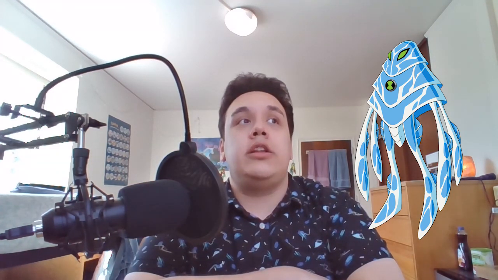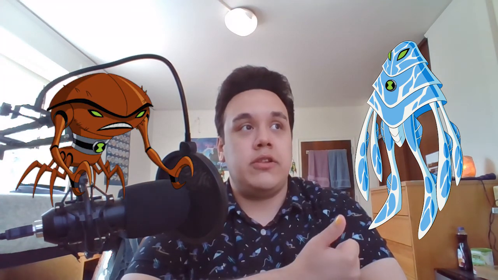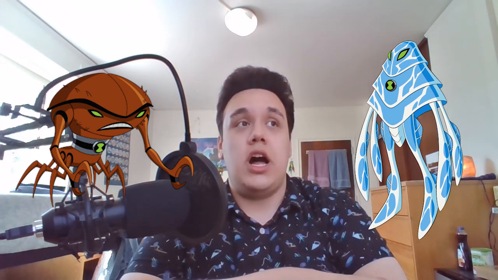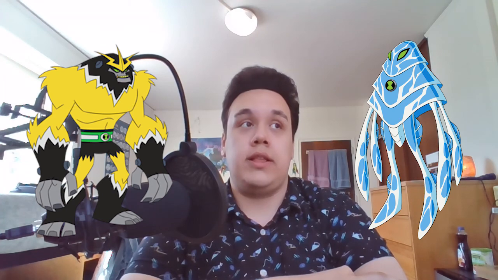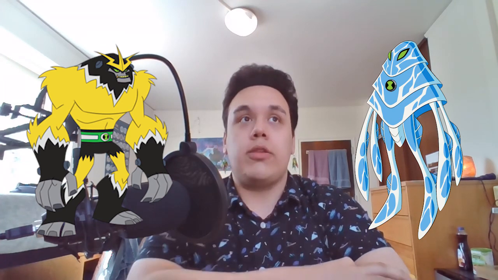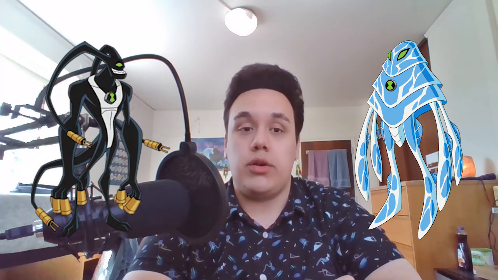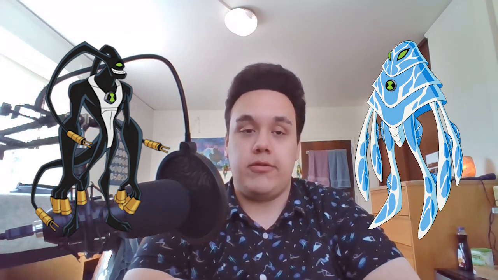I feel like every electricity alien should have something unique to it. Brainstorm has electricity and electrokinesis. It can pick stuff up with its electricity. Shock Squatch has electricity. Mostly it just shoots electricity blasts, but it also has the super strength. Feedback has electricity, and it can absorb others' energy to shoot more powerful blasts. And Amphibian's whole